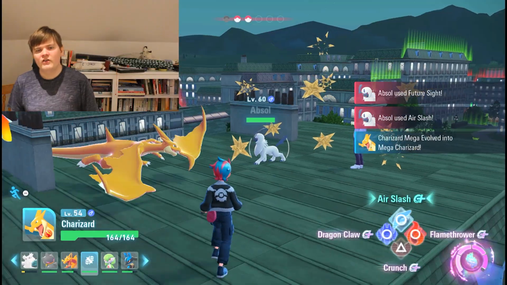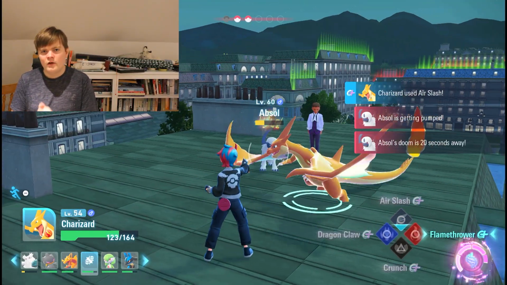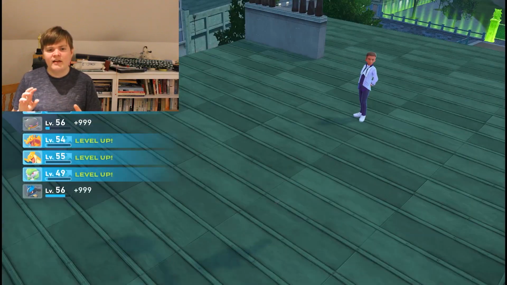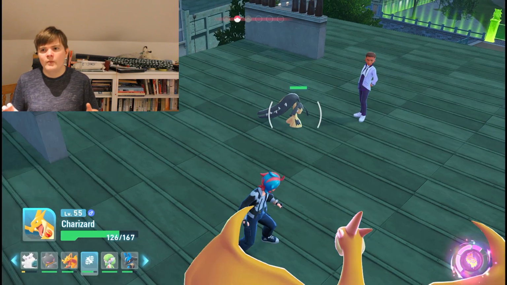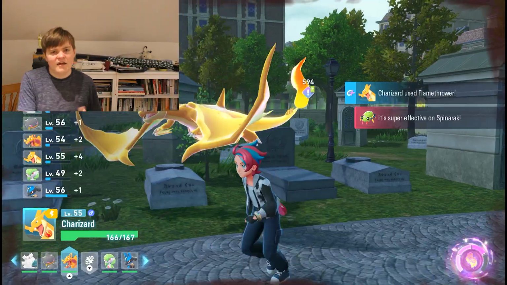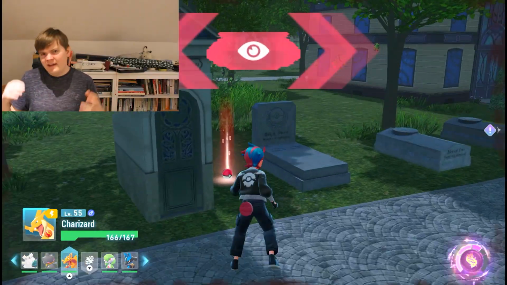For number 3 is Mega Charizard X and Y. When it comes to these two, I think it's hard to talk about one over the other. I think Mega Charizard X and Y are really cool designs. I'm going to first talk about Mega Charizard Y and then I'll move on to Charizard X, because with Charizard Y, he keeps a similar